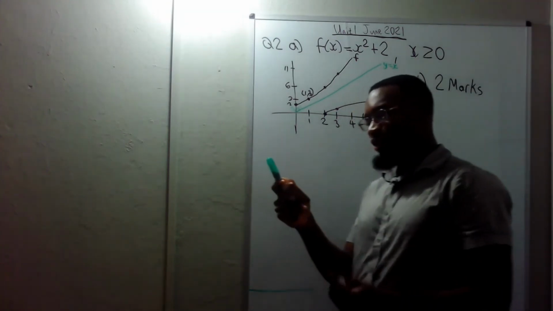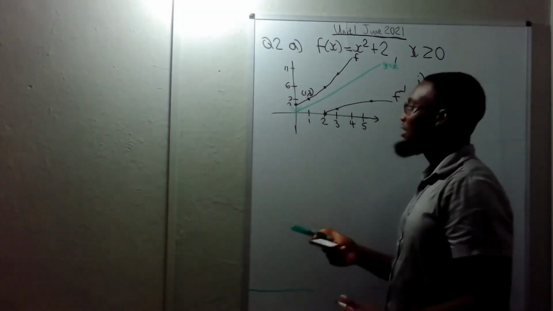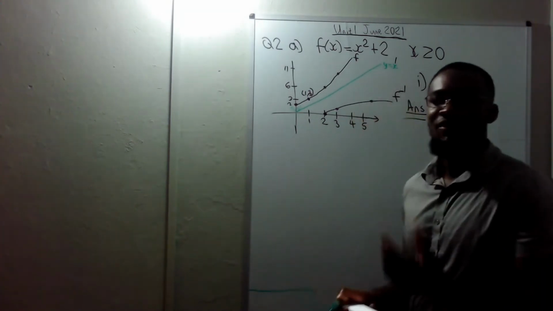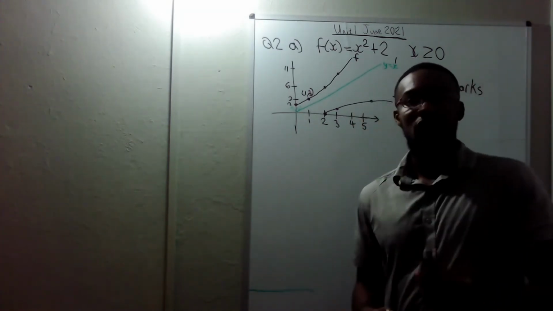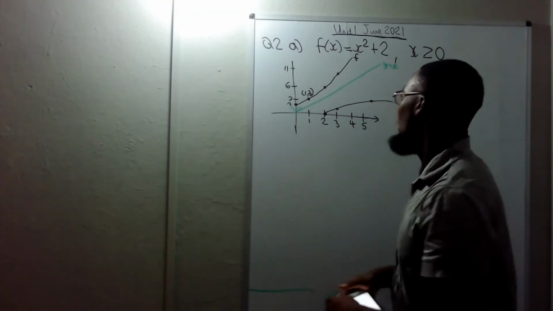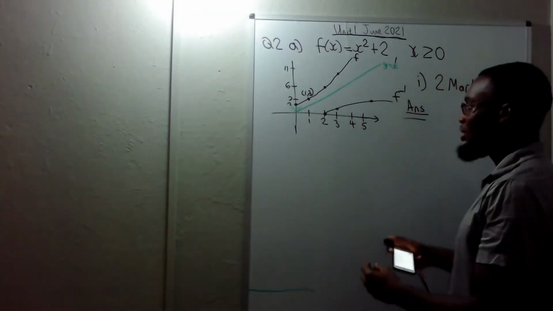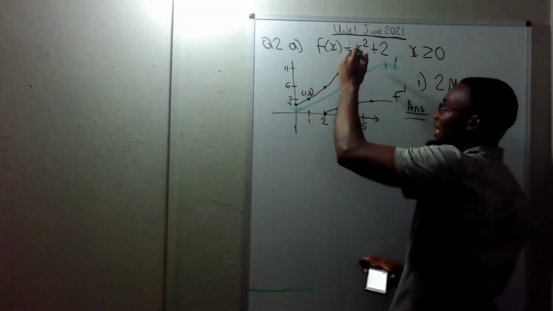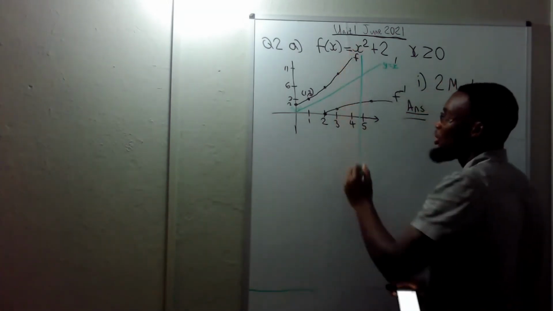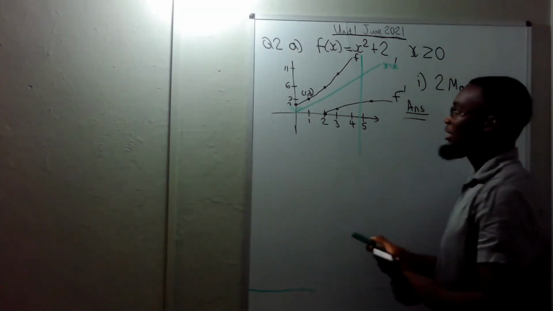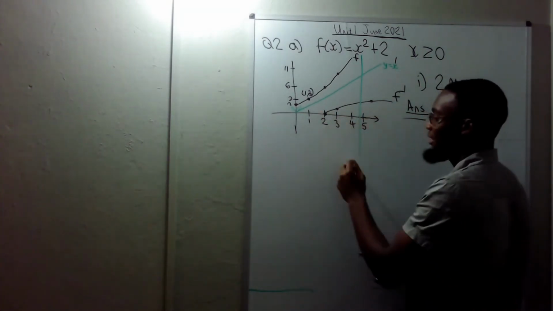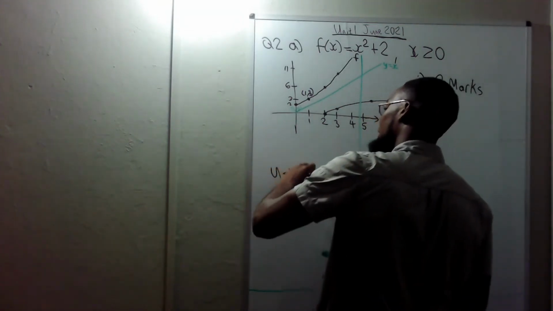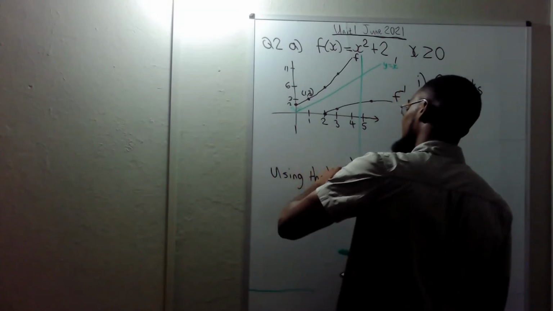Now the next part says show that the inverse of f is a function. To show that it is a function, you do what is called a vertical line test. If the vertical line only intersects at one point, it is a function. So to draw our vertical line, we just draw a vertical line, and then we're going to tell them, using the vertical line test,